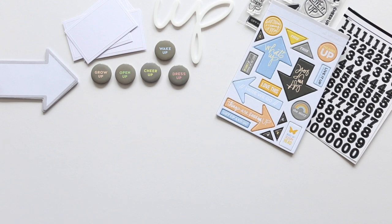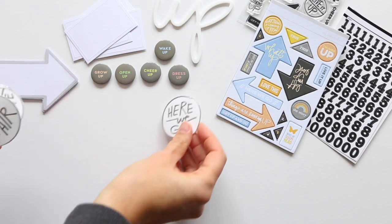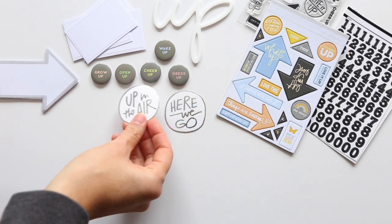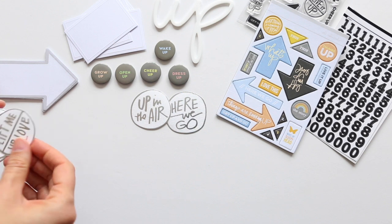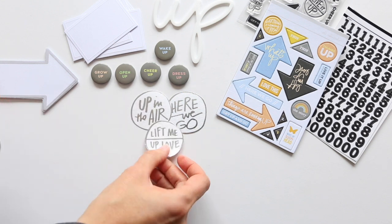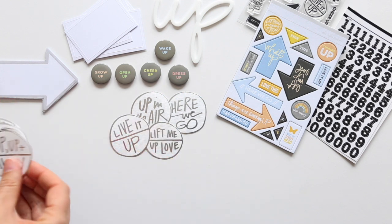Then we have a set of circles that are super fun. So those of you that have gotten the main December daily kit, we had these included in there, obviously different sentiments. These ones are specifically related to up, but on this textured cardstock, which I think is really nice. Here we go, up in the air, lift me up, love, which is just one of my favorite sentiments. Live it up,